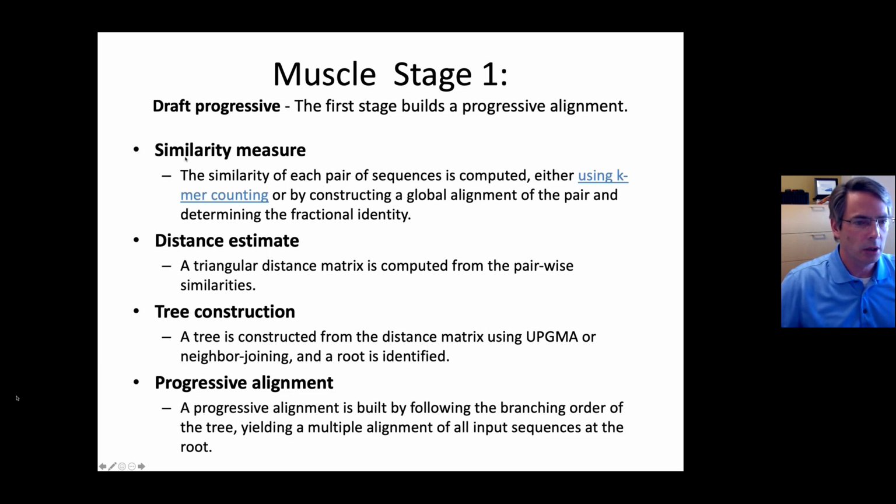Just like I was explaining before, you first get some similarity measure, the difference between the fast and slow MUSCLE. The default MUSCLE is fast and it uses k-mer counting. So it doesn't even do that fast pairwise alignment to get distances. It just does a sliding window, just like we did in the algorithm section, slides across all of the sequences, and builds that k-mer library. The size of the k-mer library you can modify. If you have more closely related things, you might want to do larger k-mers to give you a